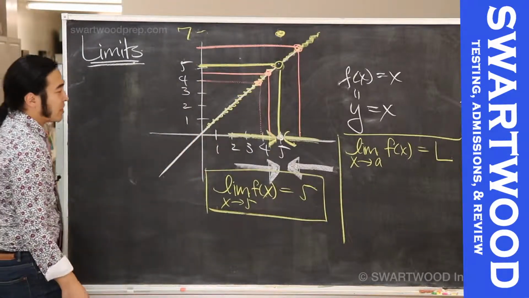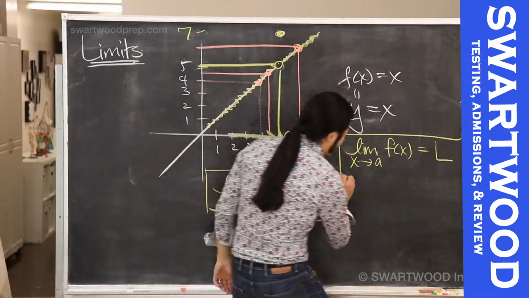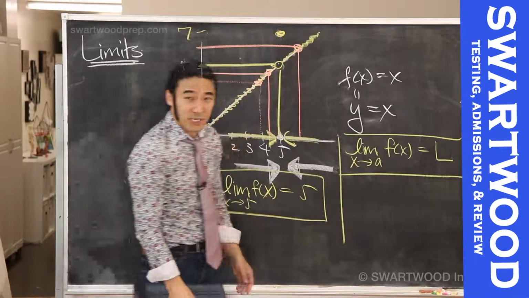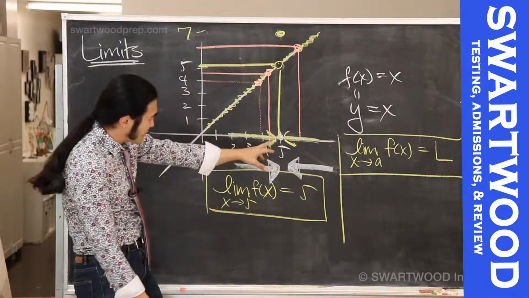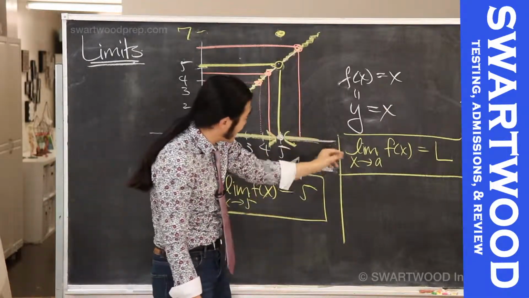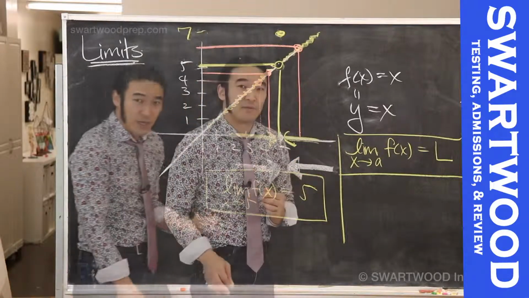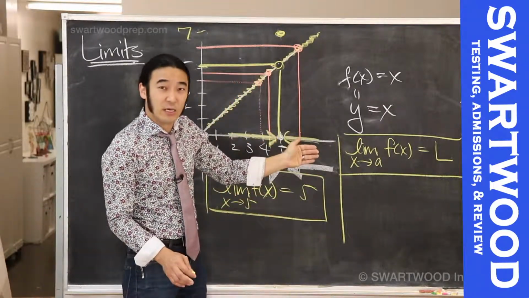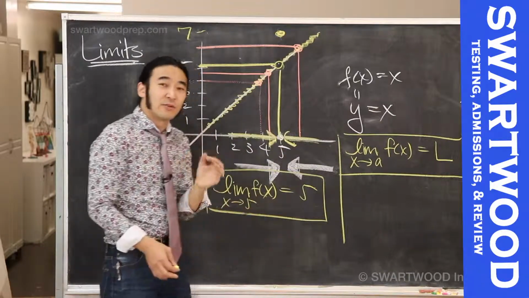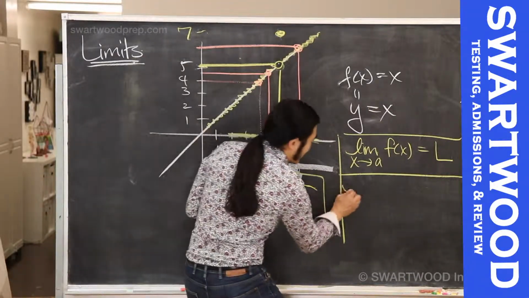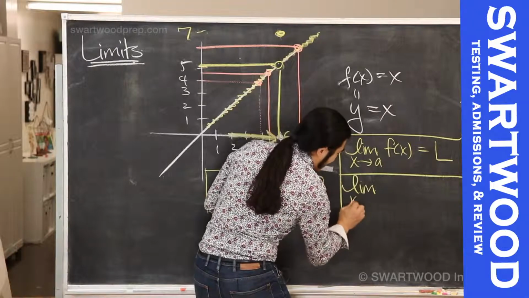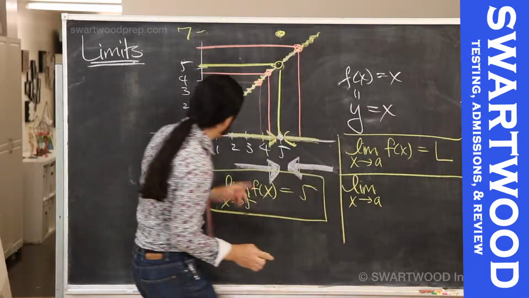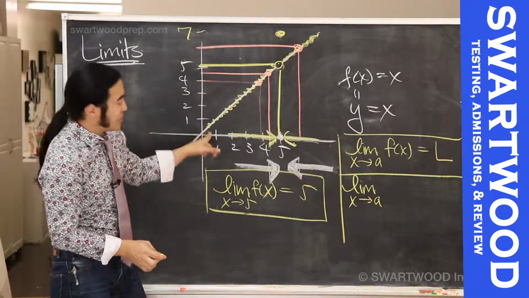No big deal. All right, so as long as we've got this here, let's talk about some more notation. Notice I was saying that you get close to 5 as you come from the left, and you get close to 5 as you're coming from the right. Does everybody agree? Sometimes it's useful just to look at what happens when you come from one direction, because sometimes they don't agree. I'm going to do an example of that in a second, but just to get the notation down, when you write the limit as x approaches a, and let's say from the left-hand side, okay? Do you agree that